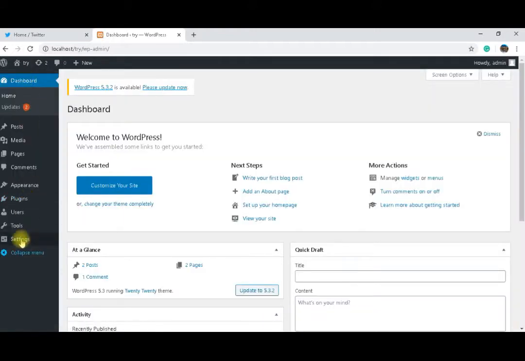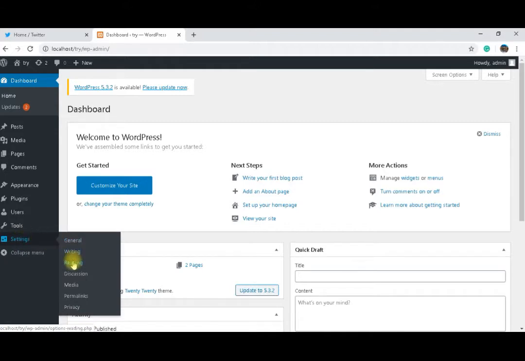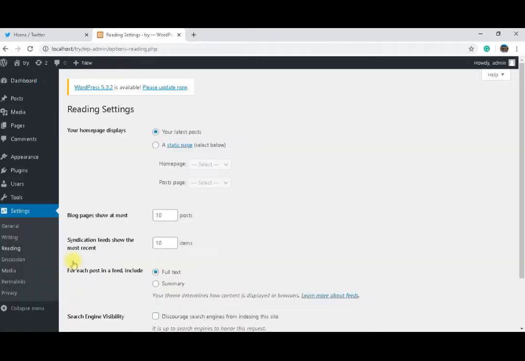This setting I was telling you about, you come to Settings, Reading. The default setting is that your home page displays your latest posts. You can change it to a static page, and you can select your home page, for example, my work. So this one will be the first page that appears to anyone who visits your website. After that, you can add another posts page, and this will be your home page, and this will be your posts page. We will see how we can make this now, because we have only one page, which is my work. So I will turn again to my latest posts, and I will come to Pages,